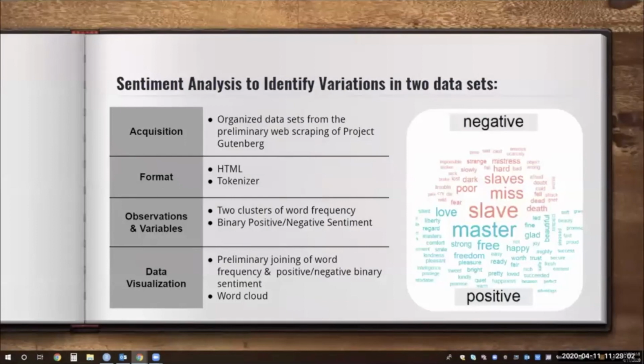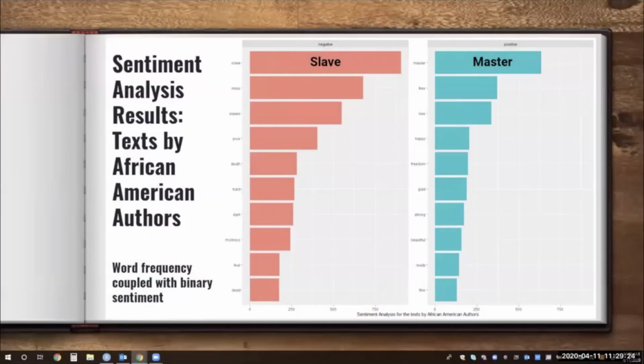The overall goal for data visualization is realized on this slide. As you can see, the positive-negative association has more power than the word cloud you noticed on the last slide. We were able, through this analysis tool, to really begin to understand the differences in perspectives and sentiment that were alluded to on Twitter. Before contrasting the two text cluster word clouds that are coupled with sentiment analysis coding, we wanted to take a moment to acknowledge a limitation of our Bing library.